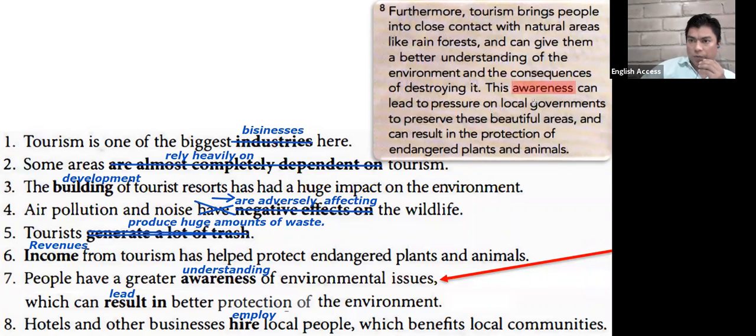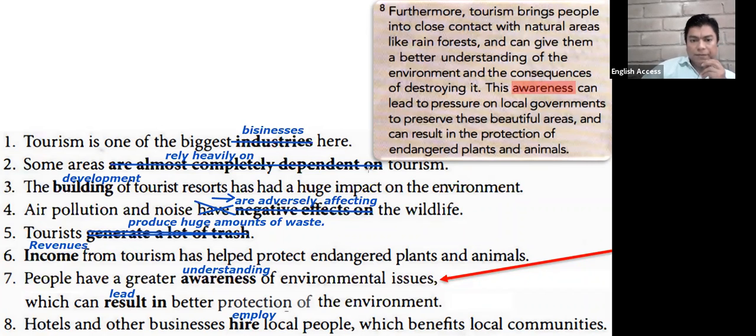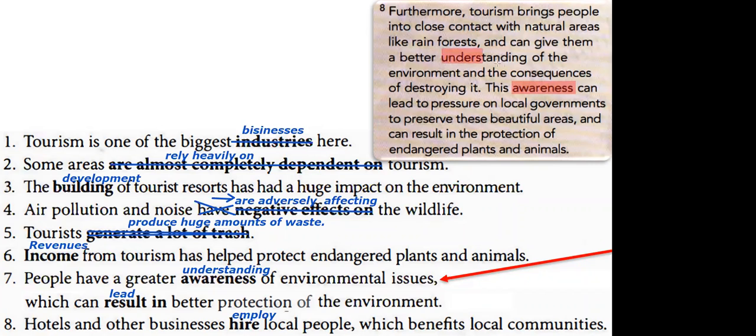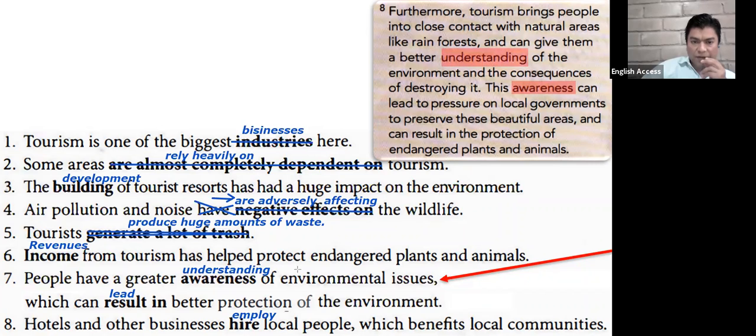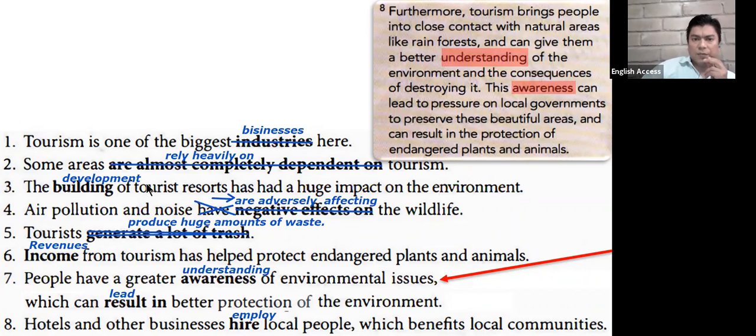We also saw this word and this paragraph in detail in the last class. So what is the other word, the other expression with a similar meaning? Understanding. So that one is very good, really good understanding. And then can result in better protection. And the expression is